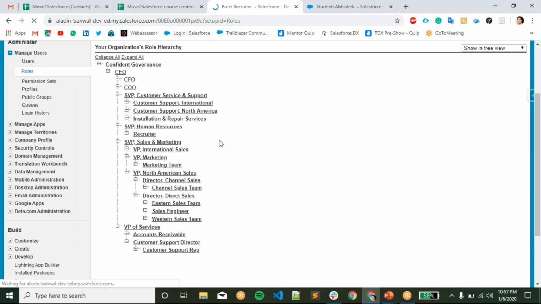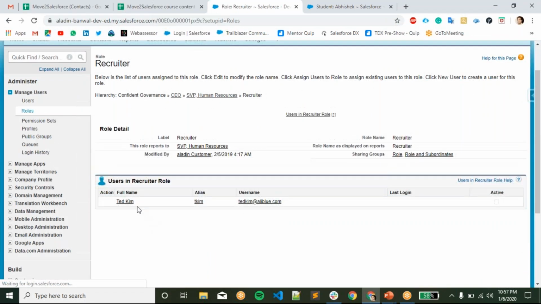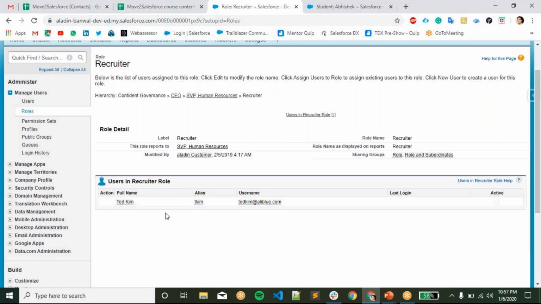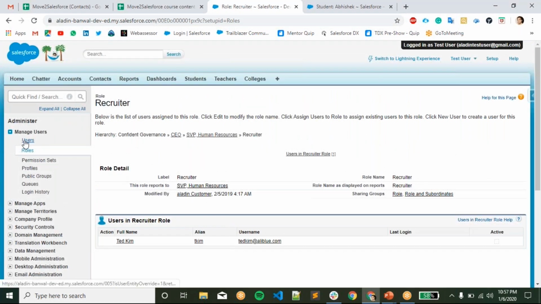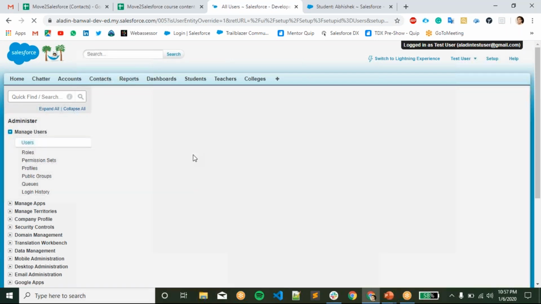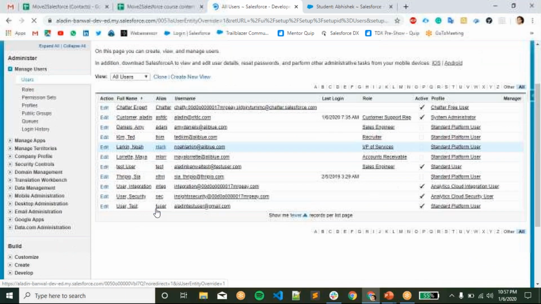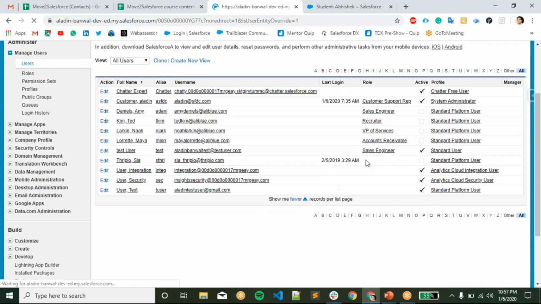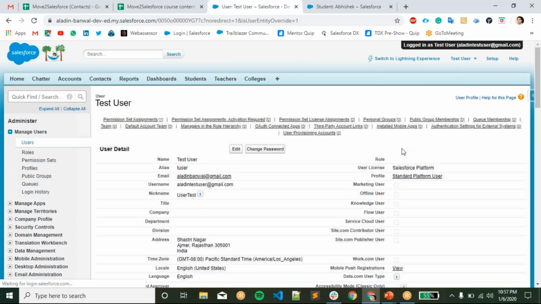You can assign that particular role to a number of users also, or you can give this role by going to the user object as well. So by going to this test user, you can assign the role from here.